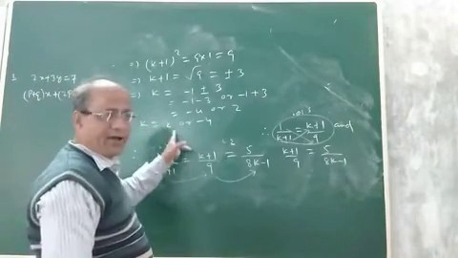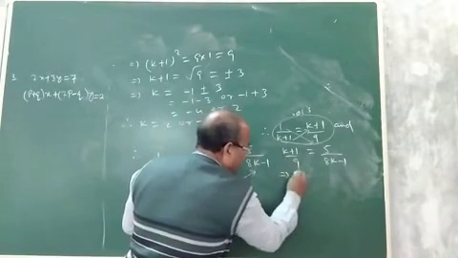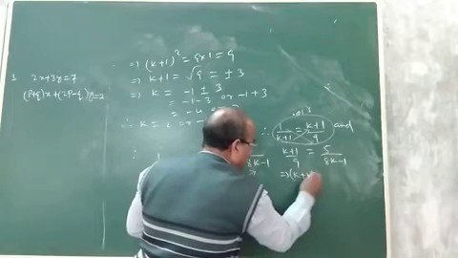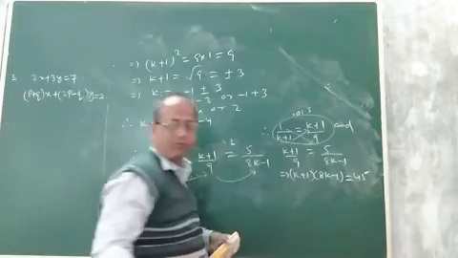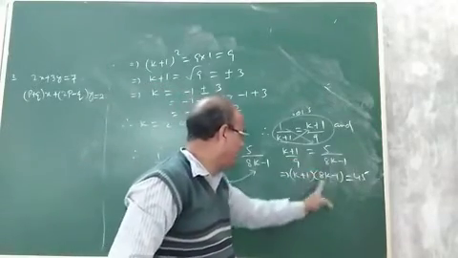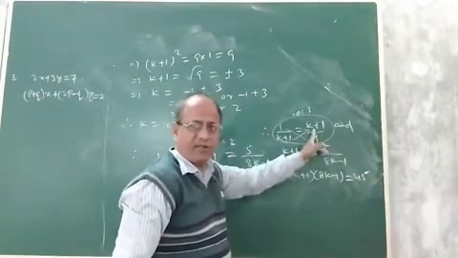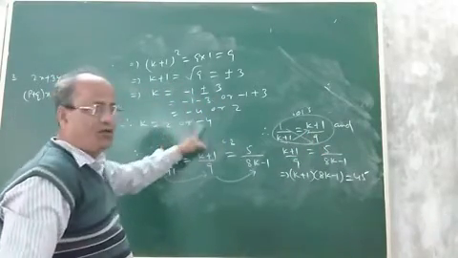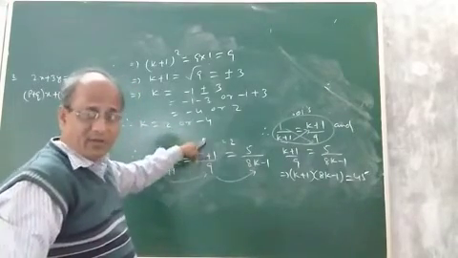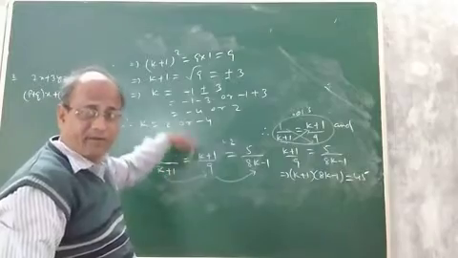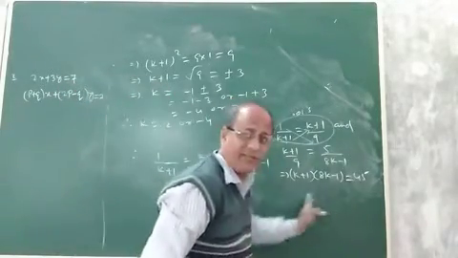So you see the value of k is either 2 or minus 4. Now see the second equation. If you solve this one, it will be k plus 1 into 8k minus 1 will be 9 into 5, 45. So k plus 1 into 8k minus 1 will be 45. On solving the first equation, we got the value of k as 2 or minus 4. Now let us find out which is the value of k. Let us verify whether these two values of k, that is 2 or minus 4, satisfy this or not.